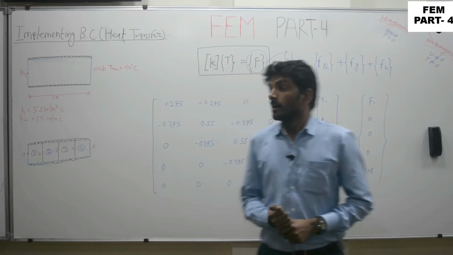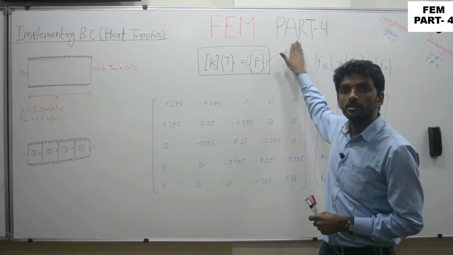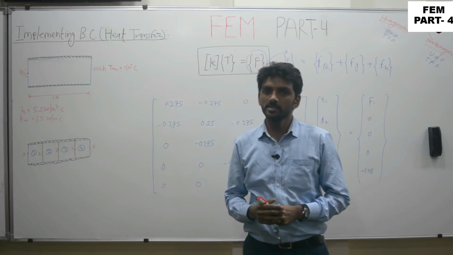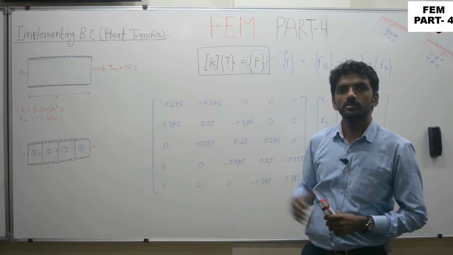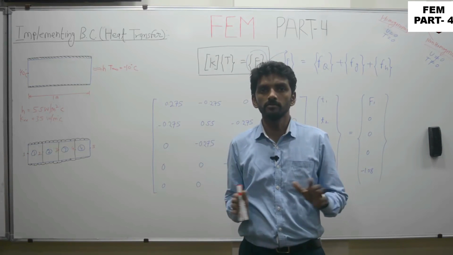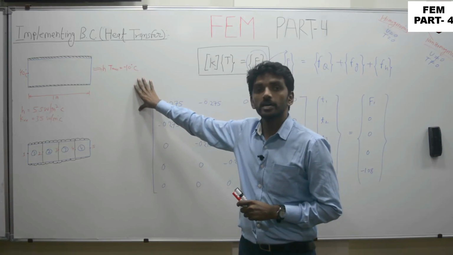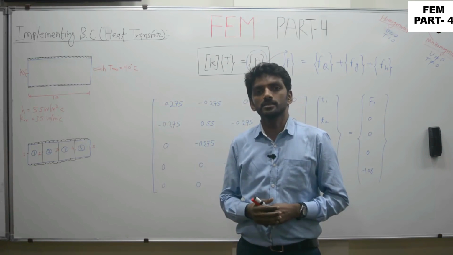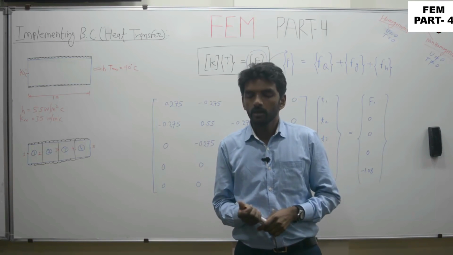Hi everyone. Now we are here again for finite element method part 4. In earlier 3 parts we were discussing the basics of the finite element problem, especially the basic steps involved in solving any class of problem. Then we had already discussed the formulation of global stiffness matrices. Then in the last lecture we were discussing applying the boundary condition, especially for structural problems.